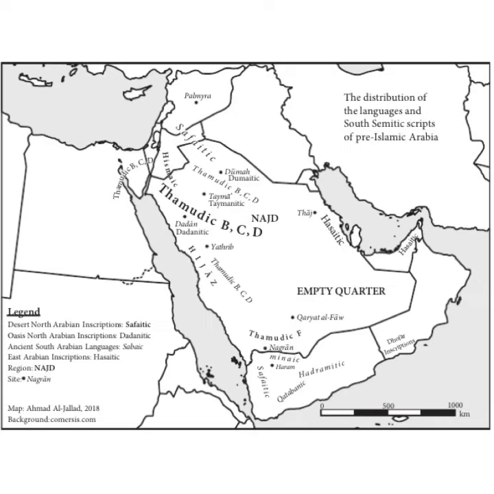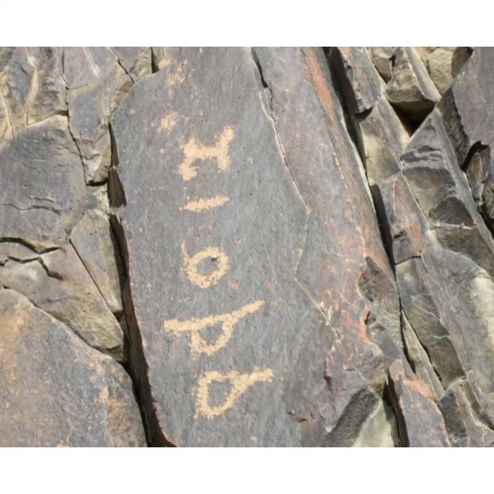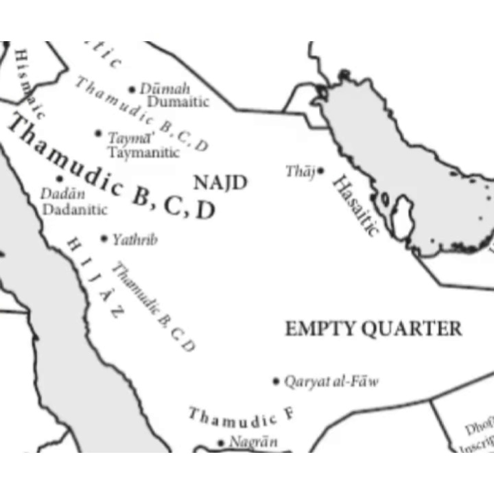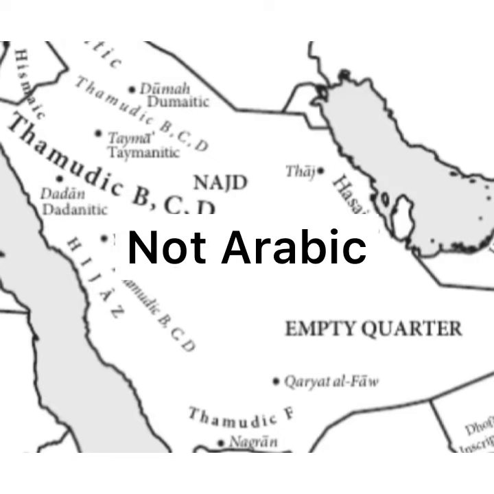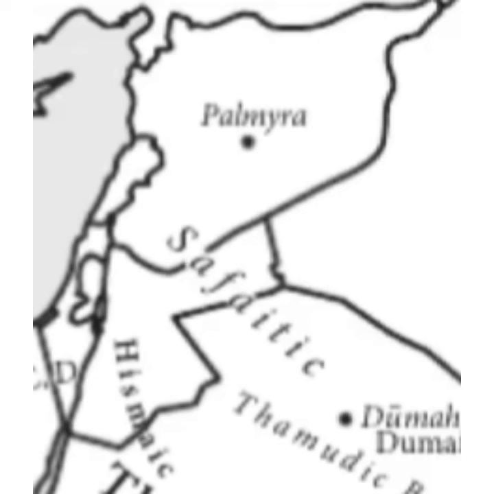When we go north into the Najd, into the Hijaz, the areas north of, for example, Medina, these have, till today, mostly defied interpretation. So that means that in the middle of Saudi Arabia, you had indigenous languages that were very different from Arabic. Where you do encounter languages that look like the Arabic we're familiar with, we find those inscriptions in Jordan, northern Saudi Arabia around Tabuk, and southern Syria.